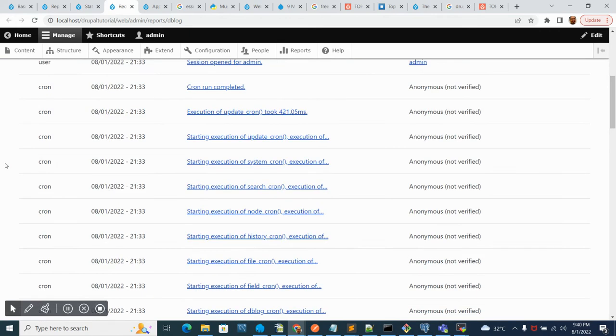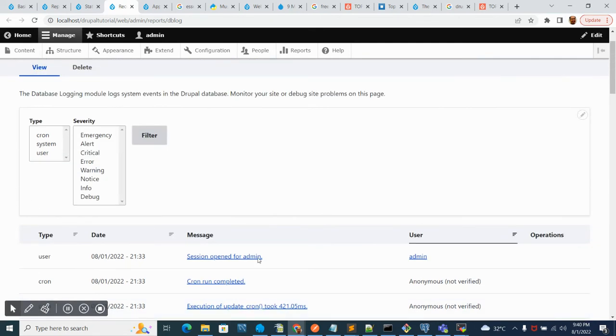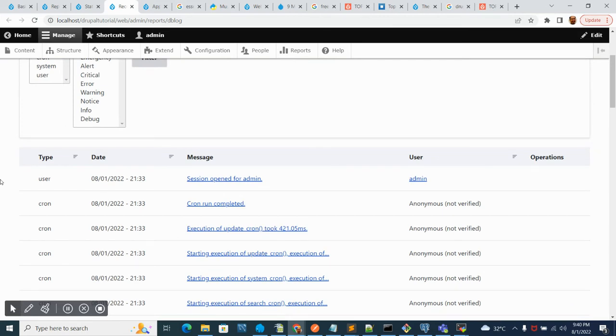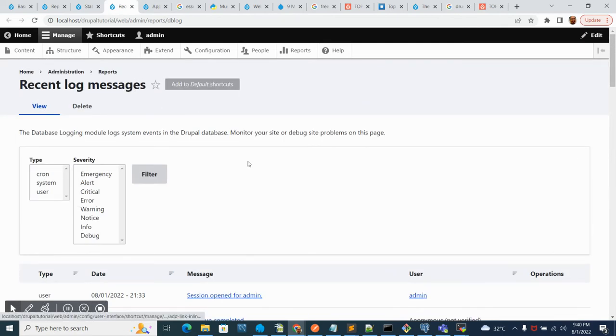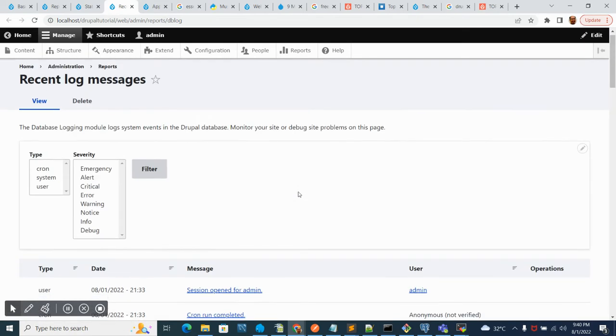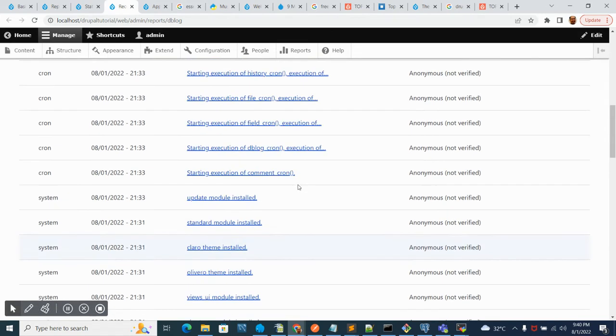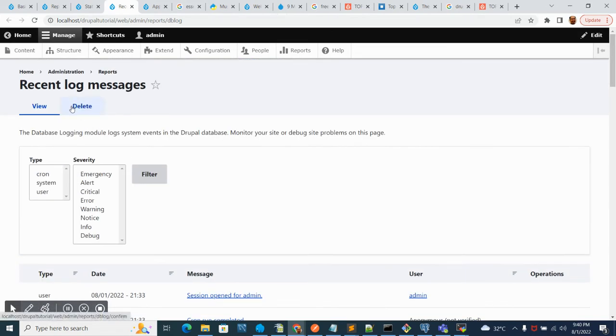For example, if you added a new theme, if you upgraded something, it will automatically show here. And if there are any issues that it encountered upon installation, or even on the custom module that you created, then it will also be shown on the DB log report. Okay, so if you want, you can remove them